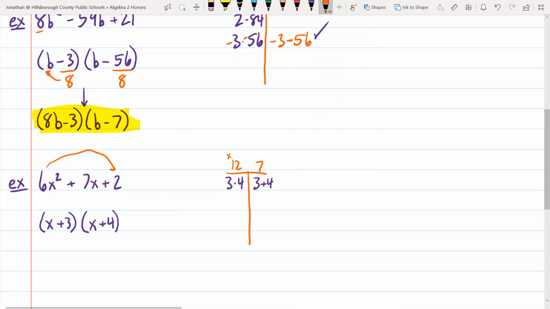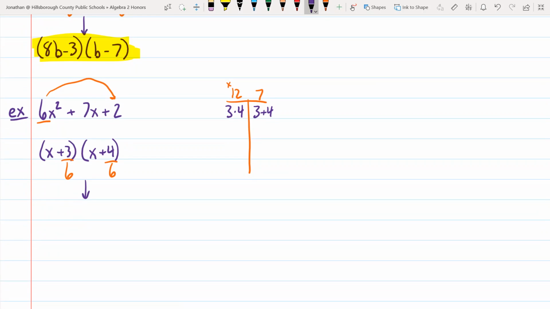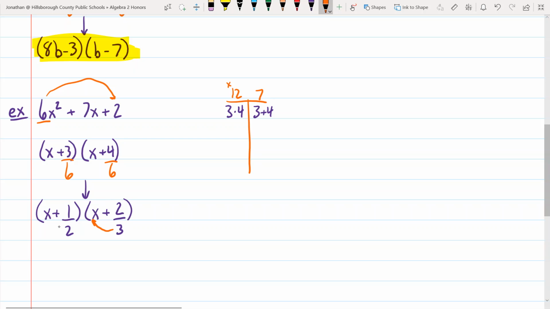Now divide by our lead coefficient of 6. 6 does not divide evenly into either of these, but hold up. Don't slide to the front. Look at the fractions we have. We have 3 over 6 and 4 over 6, otherwise known as 1/2 and 2/3. We have 2 instances where they don't divide evenly, so they're both going to slide up front. And our answer will be 2x plus 1,